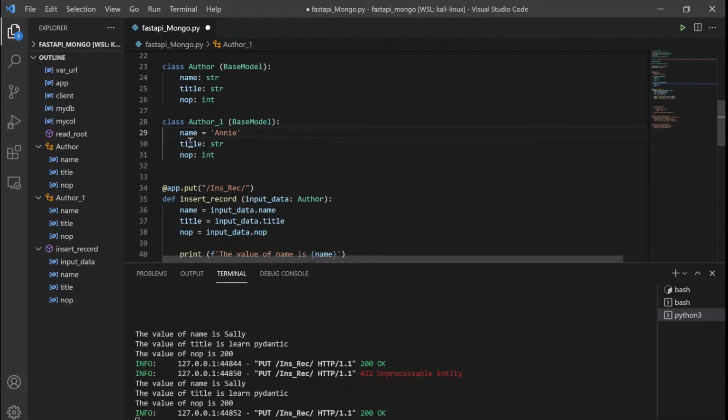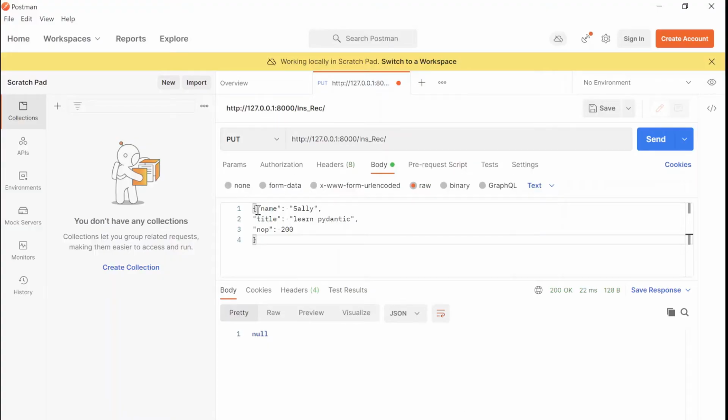Now we made another class which is making use of base model, but here we were making use of author. Input data was assigned as author. Now if this data type is changed from author to author1, in that scenario name will be default as Annie and it is not expecting us to send it from the JSON. So if we go to our request body and remove name from there,